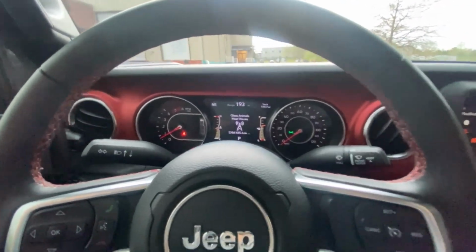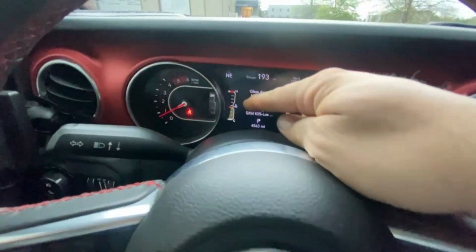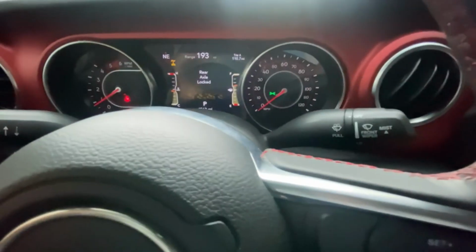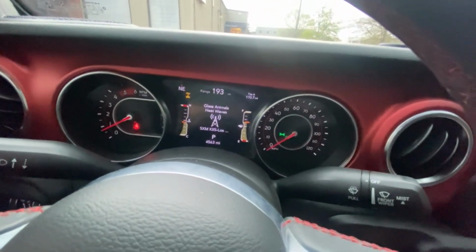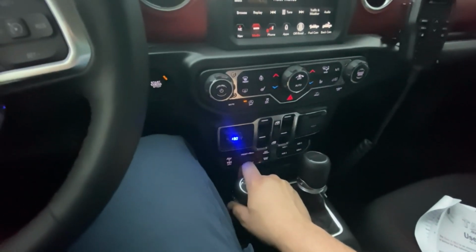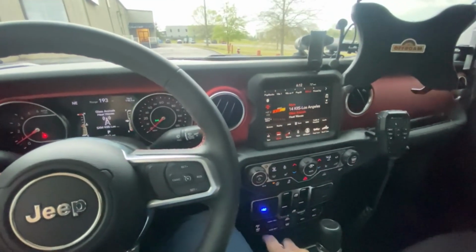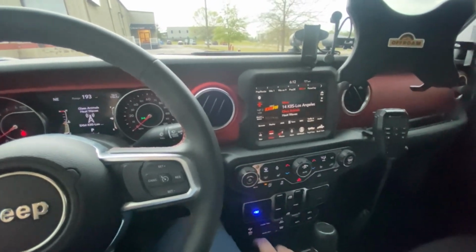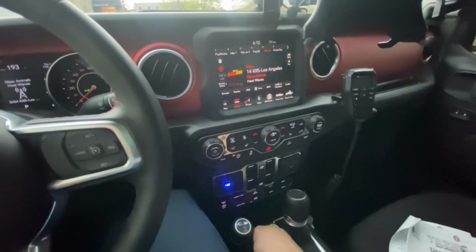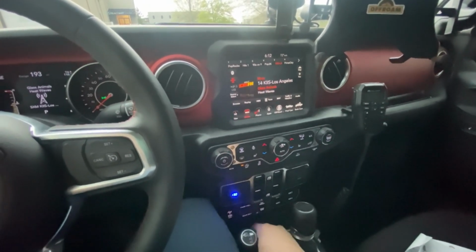Another really cool feature that I have turned on is, as you guys can see, I'm in two-wheel high. And in two-wheel high, you can lock your rear axle. And in four-wheel high, you can engage your rear and front locker. You could also turn off your sway bar on demand. I think it's up to 30 miles an hour in two-wheel high, and then four-wheel high, it changes that as